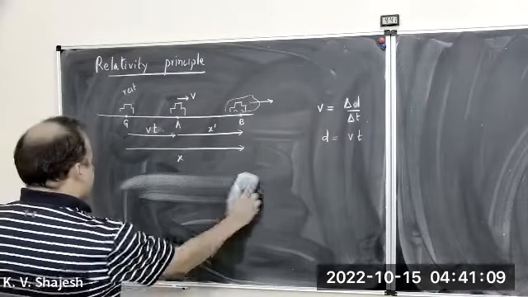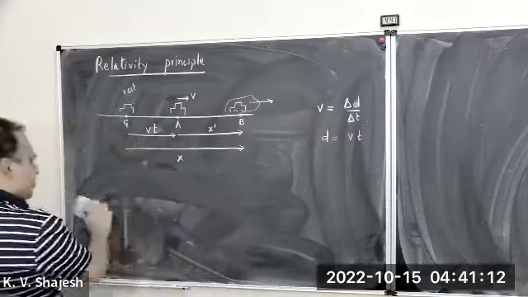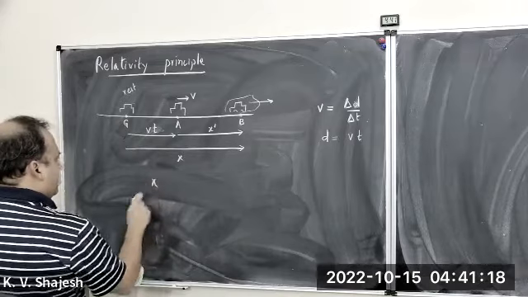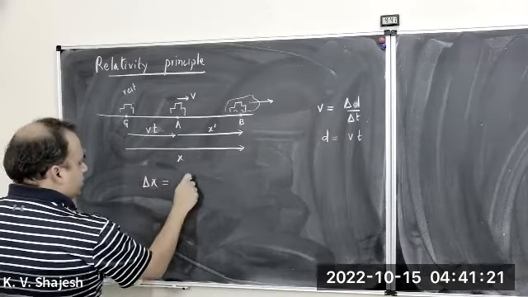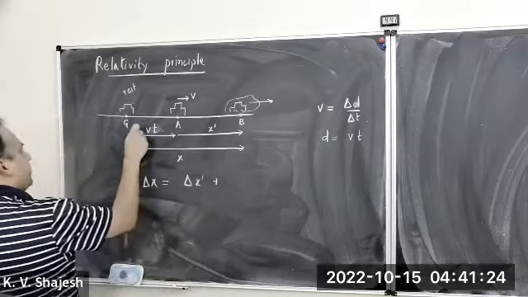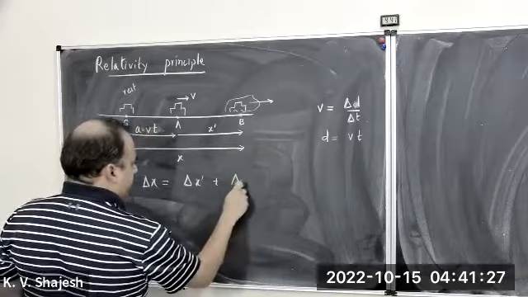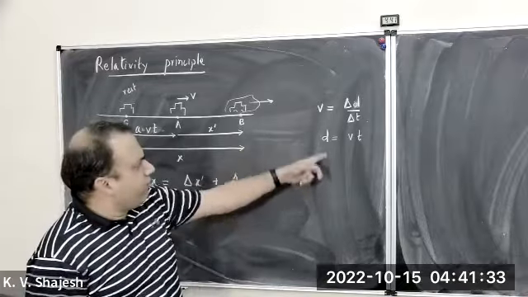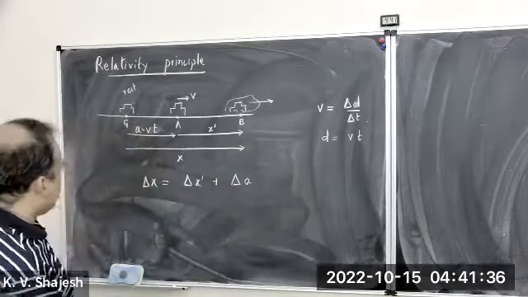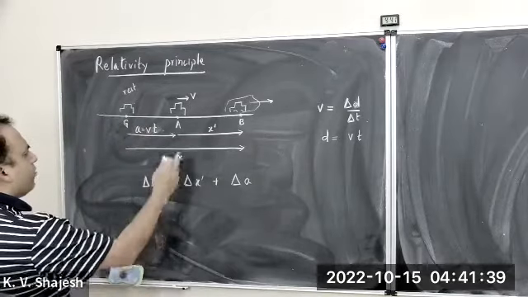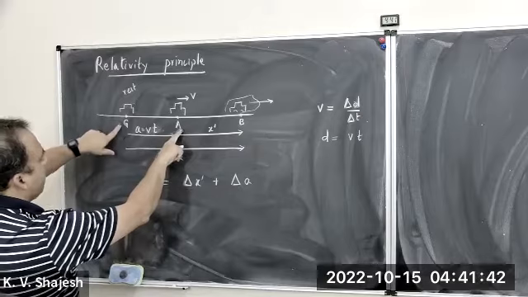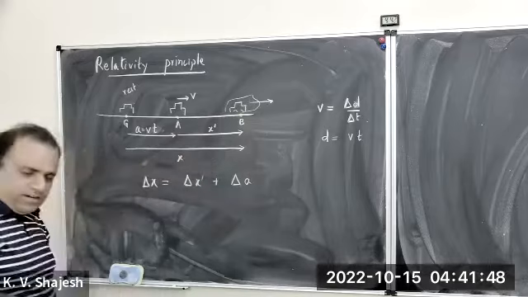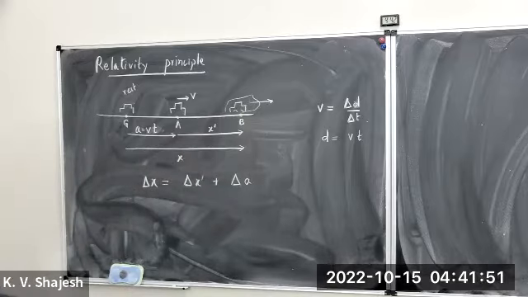So just to motivate why one would even consider such simple scenarios, I was going to write this is x. I earlier wrote change in x is equal to change in x prime plus, I said a here earlier, and that's delta a. That should be very clear, simple. And if we want to think of velocity in this sense, I now want to see how the velocity measured by g, and the velocity measured by a, of something that is moving, compare with each other.